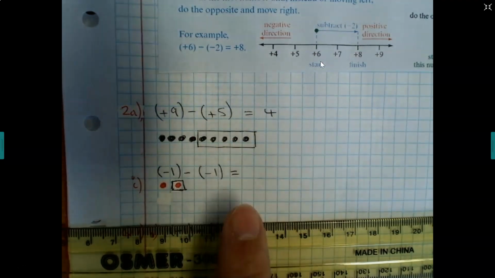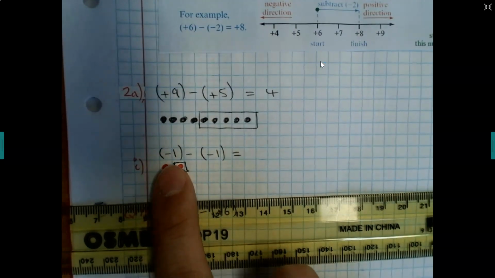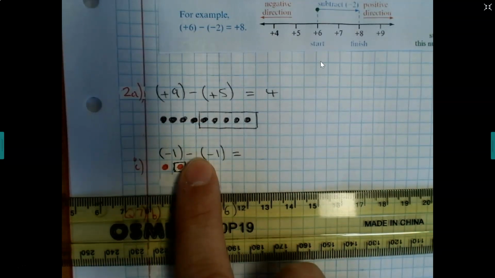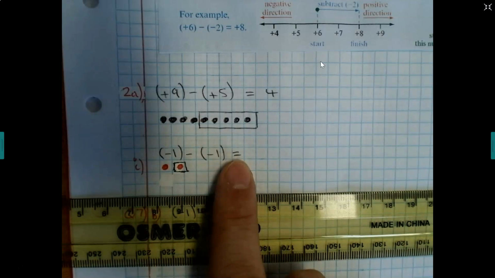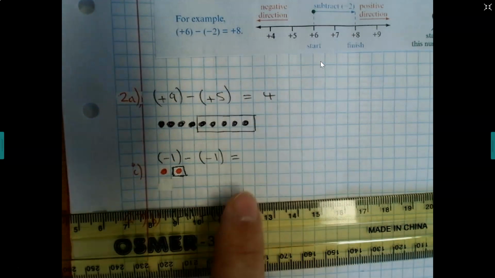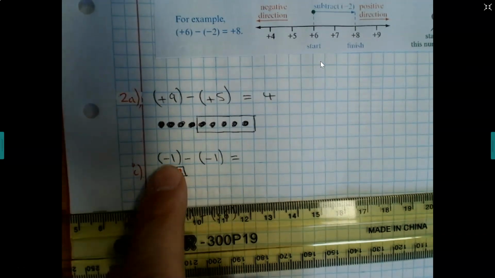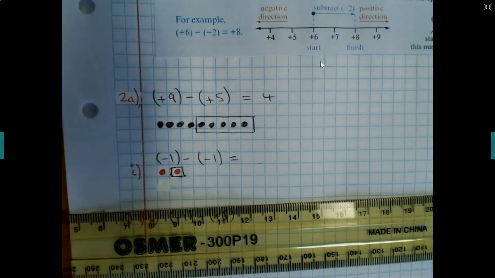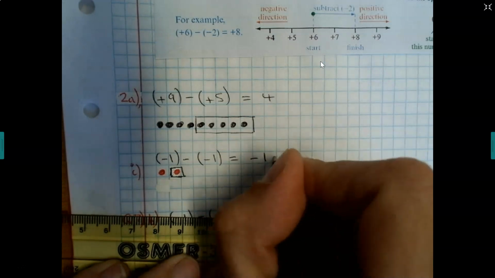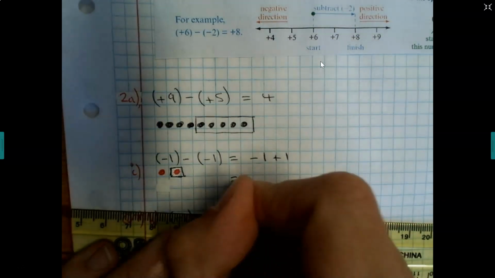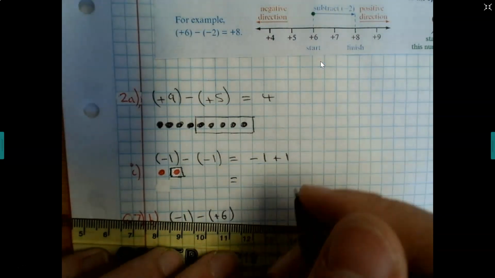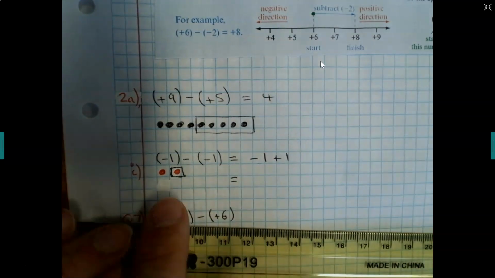Just 4 of them. All right, now with -1 minus -1, remember, what did we say happens if we subtract a negative number? If we think of that number line, it becomes a positive. So in this situation, if I have -1 and I take away -1, this is going to be like saying -1 plus 1. -1 plus 1 is equal to